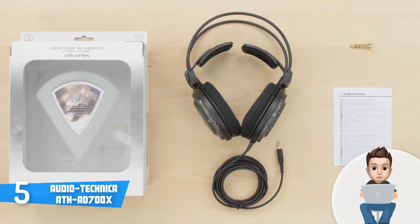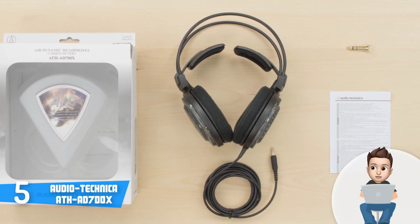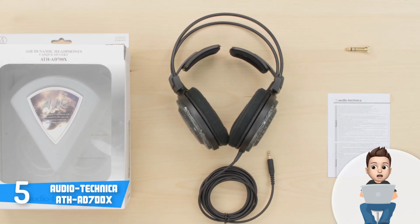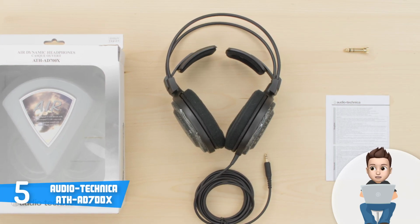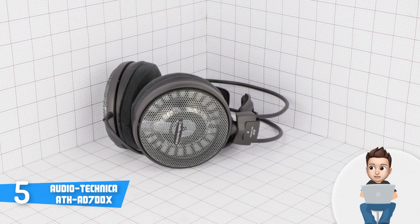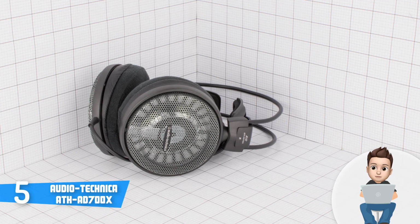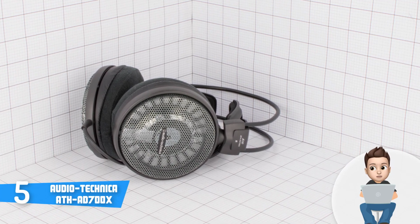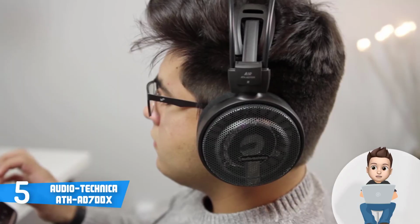But now, let's talk about the performance. The ATH-AD700X integrate 5.3mm drivers and bobbin-wound CCAW voice coils to guarantee you loud and clear treble, mids and powerful handling which makes them perfect for audiophiles. I would also like to add that the frequency response that ranges from 5 up to 30,000 Hz, the maximum input power of 700 mW, and the impedance of 38 ohms make these headphones perfect for audiophiles